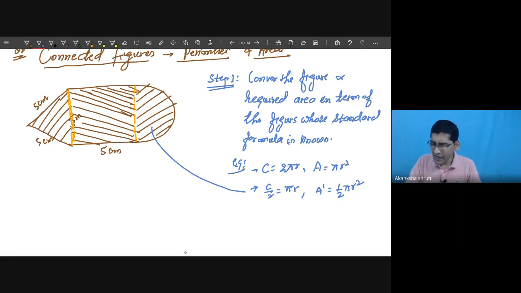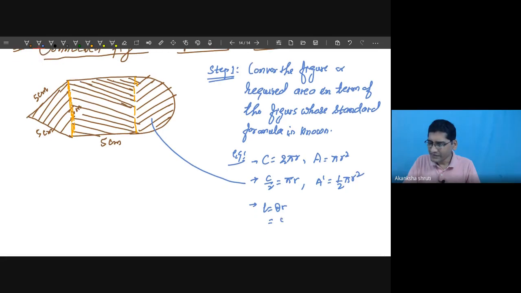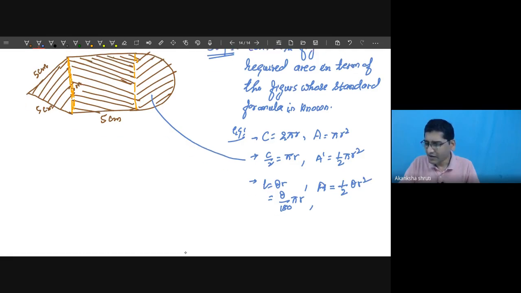It is one thing. Many a time it will not be a half one, meaning it could be a sector. Then apply the formula for the sector. Calculate the boundary length if the angle is known. So L is equal to theta r if it is in radian, or theta by 180 degree pi r, and the area of this sector is half theta r square, or theta by 360 pi r square. These things we have to keep in mind.